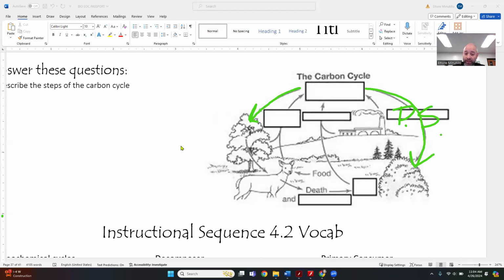Now, from our living things, keep in mind, we've got cell respiration happening from our plants and from our animals. Everybody's doing cell respiration. Once you make your food, you have to eat your food. So plants and animals both have mitochondria. They're both going to be doing cell respiration. In the cell respiration equation, we produce carbon dioxide and water and ATP energy. The carbon dioxide is what we breathe out, and that's what returns it back up to our atmosphere here.